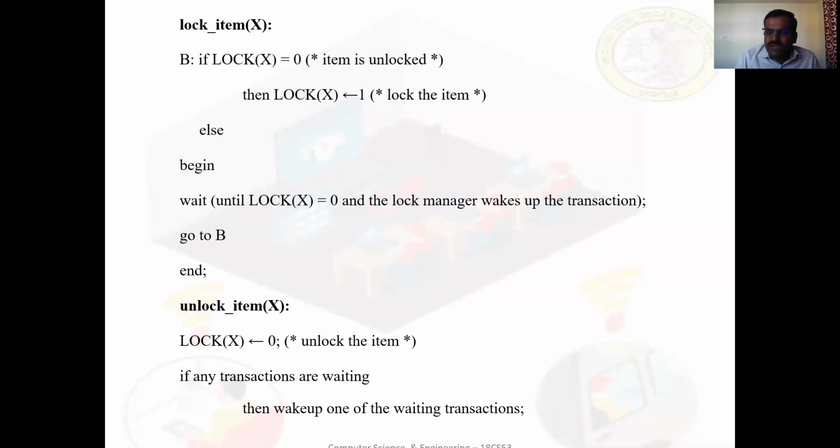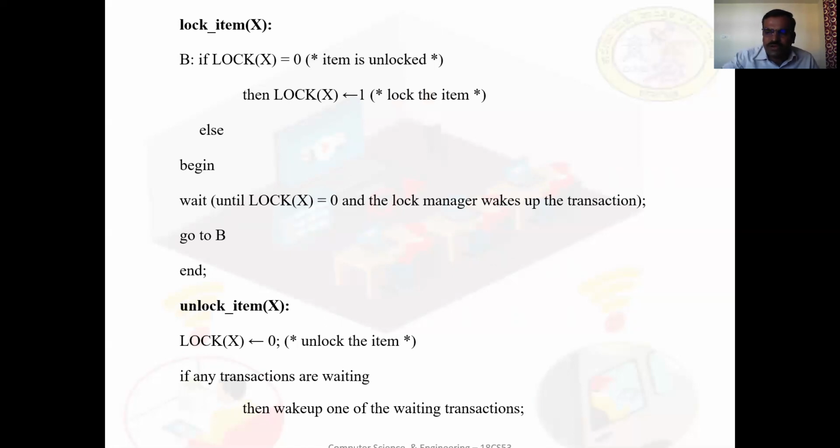The wait command within the lock_item of X operation is usually implemented by putting the transaction in a waiting state or waiting queue for item X until X is unlocked and the transaction can be granted access to it.